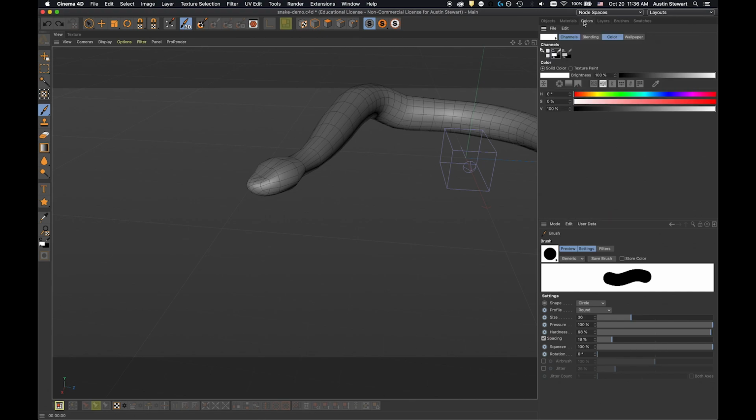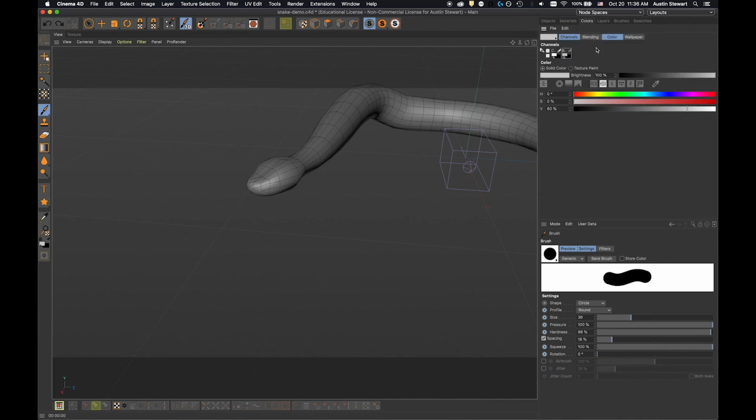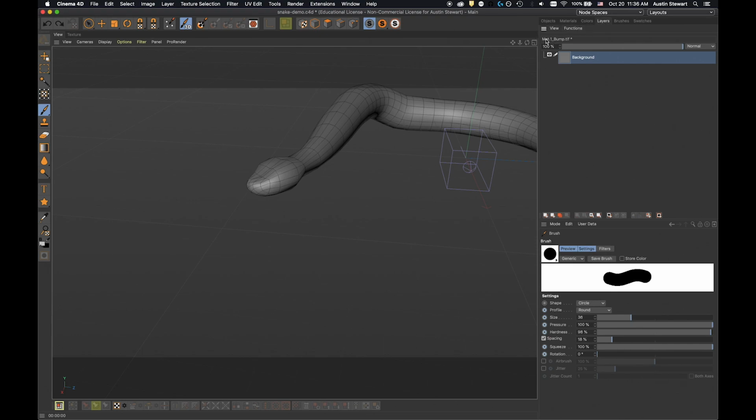If I go back to materials and I select this other channel, then if I go here, you'll see this is matte.1_bump.tiff. These are two separate textures. One texture is for bump, one texture is for color. And so if I go back to materials and I choose the color channel and I go to layers, I can create a new layer in a couple ways. I can go to